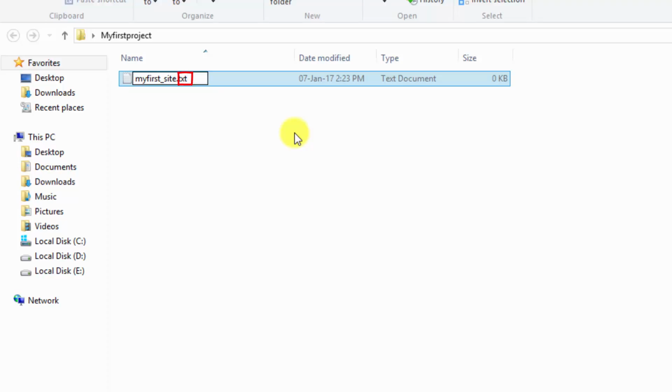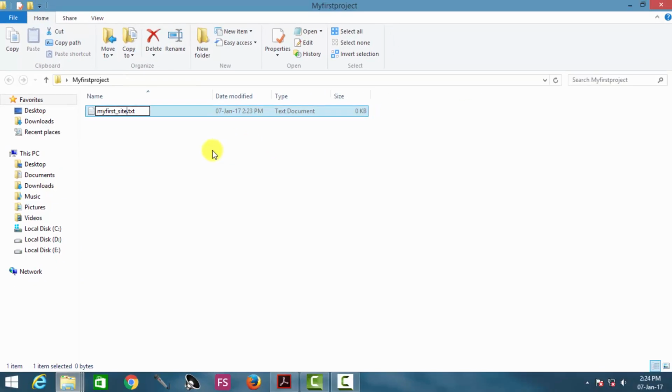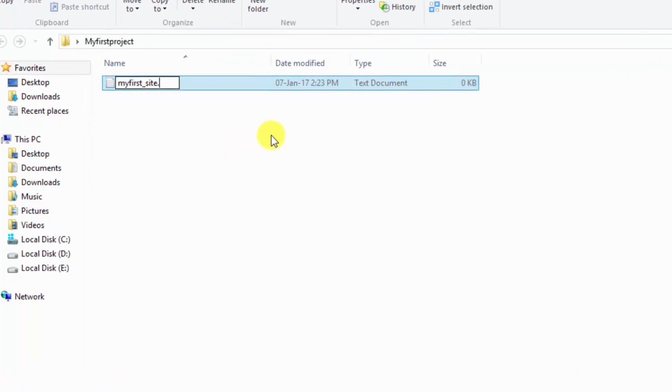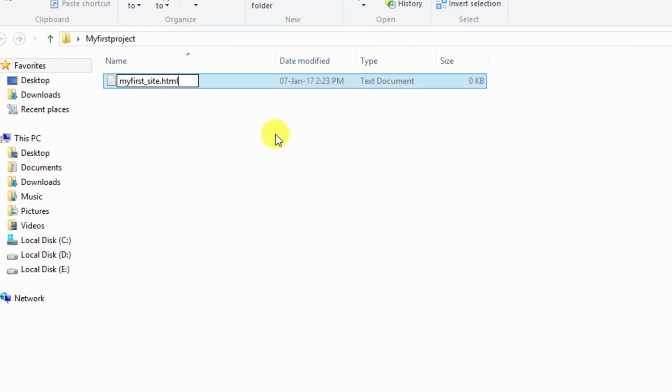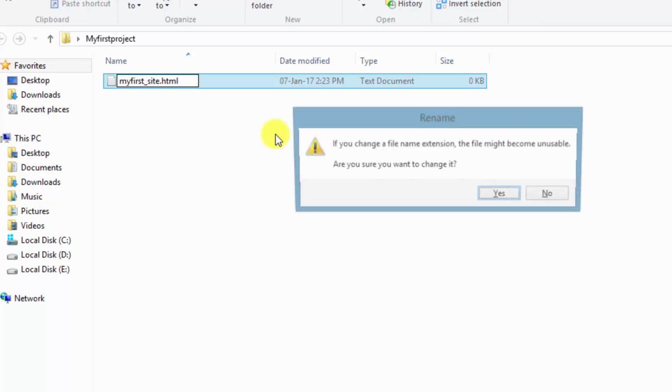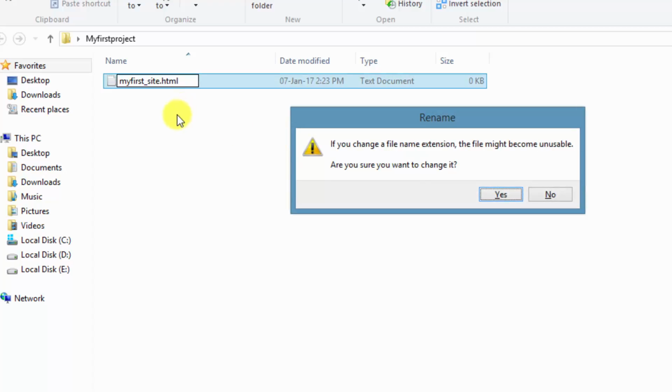Everything that comes after this dot will be the extension name of the file. As we told you earlier, every HTML document needs a .html extension. So change the extension name to .html